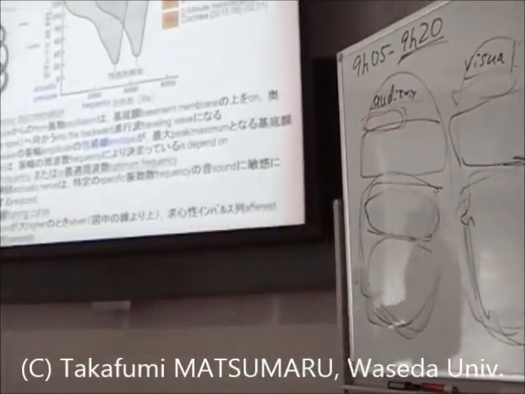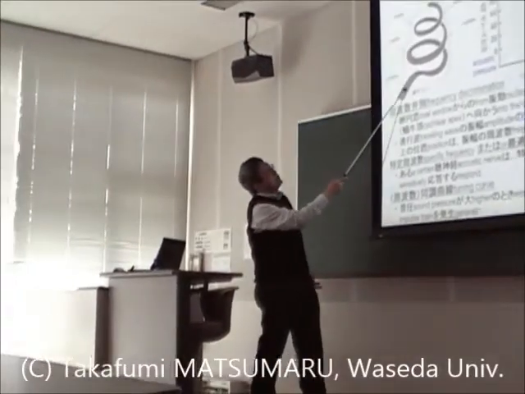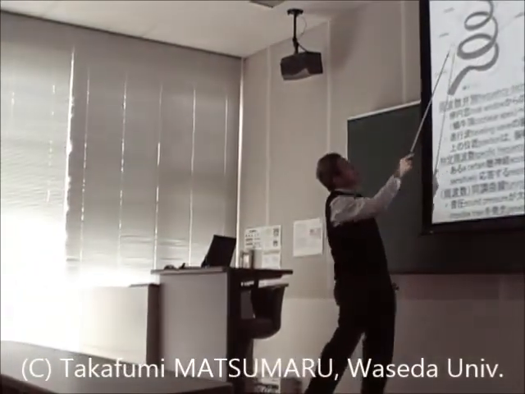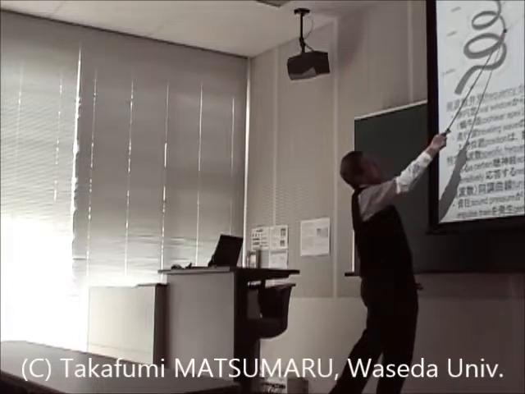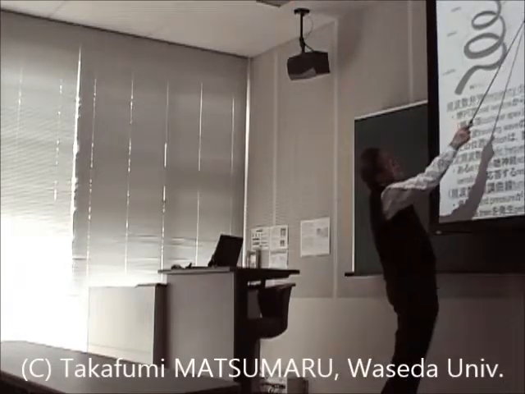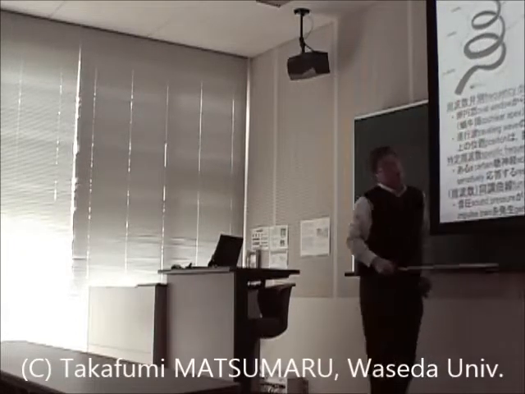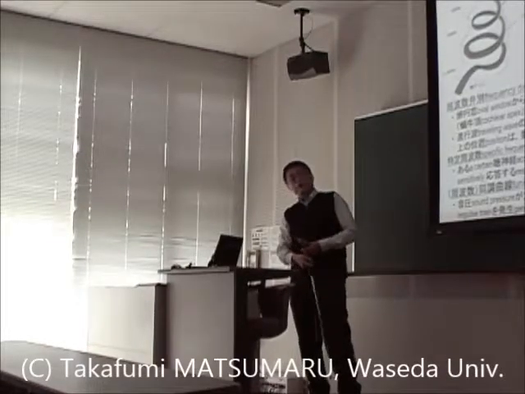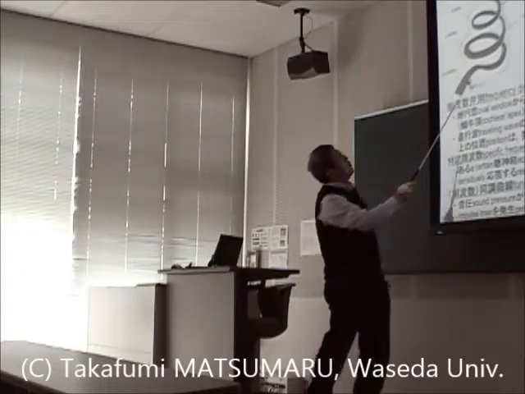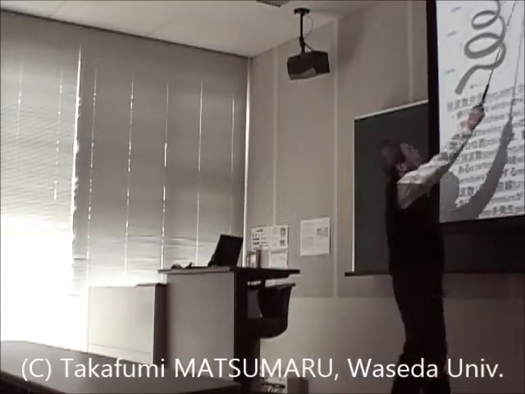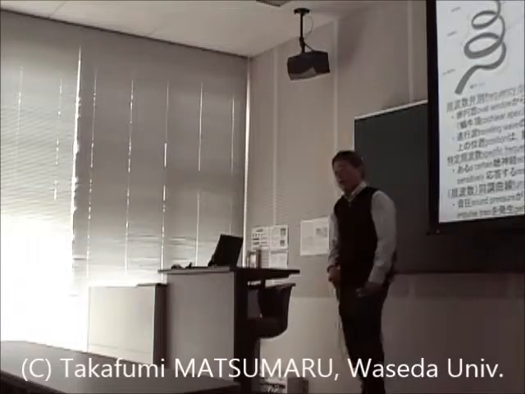Along this canal, the pitch frequency that is most vibrated is preliminarily decided. For example, at this part, high frequency sound is most vibrated. At this part, middle frequency sound is vibrated. And at the end of this canal, lower frequency sound is the most vibrated. So therefore, in this canal system, specific frequency is discriminated along this canal.